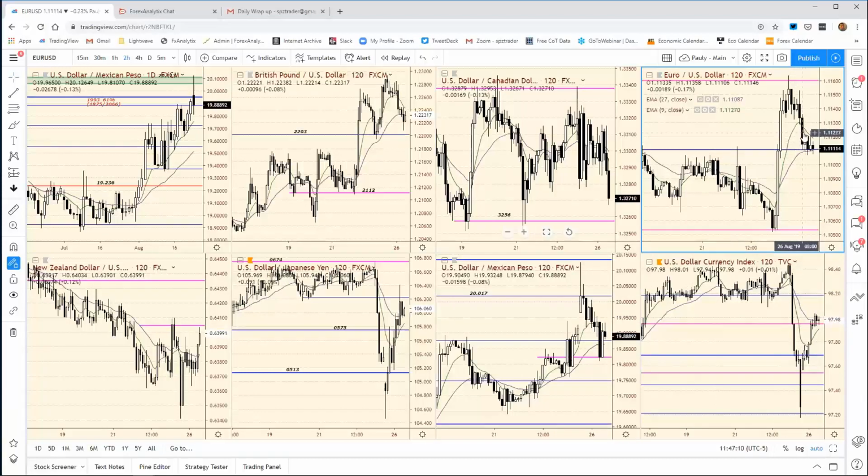I'd be happier, I wouldn't say necessarily happy, if I'd rather see this thing break below 1105, hold the 1097, and then reclaim 1110. And then I think, okay, now it's safe to get back in the water. But certainly I would have expected a lot more favorable bullish move in the euro at this point, considering the action that we saw from